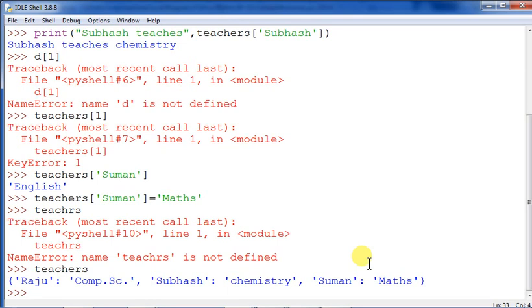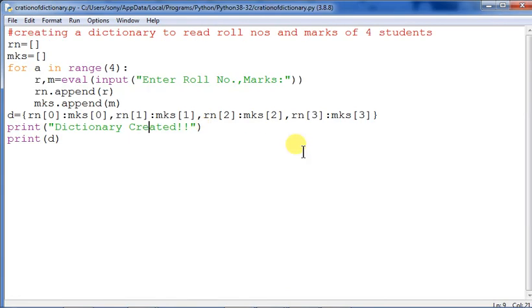Okay students, this much practical activity I have shown you today. And one program also we have done here, on how to create the dictionary by taking the values as input from the user. You must do its practical implementation, and check it also with some other set of values and other records, the same thing whatever I have shown you.